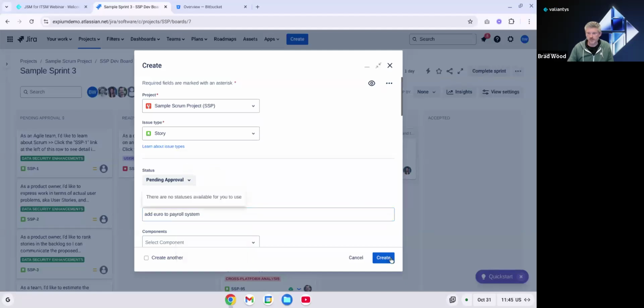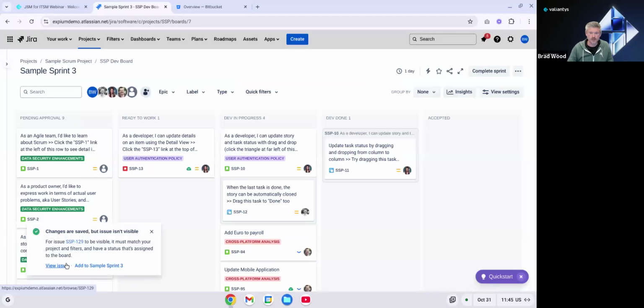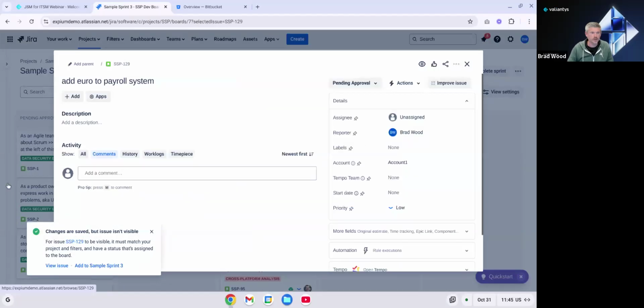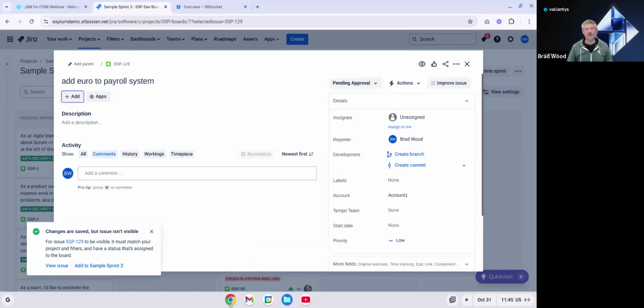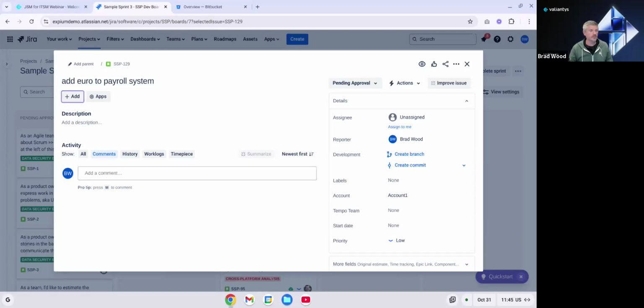And I'll create this ticket. And then we'll just open this up for use in a little bit. Because this is a Jira Software ticket, we're not able to leverage the use of forms, form fields. We're not able to create this from the portal, but we'll see how this ticket will relate back to JSM